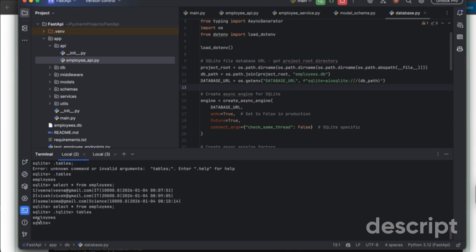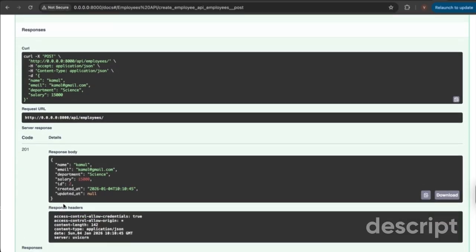Now you see the employees table is already created, but if we want to retrieve a certain set of information, we have to use select from employee. Currently, there was one employee object that was created, and that information is present in this employee table. So let's go ahead and create one more employee object to see how it actually works. So this is one more employee object that I've created.